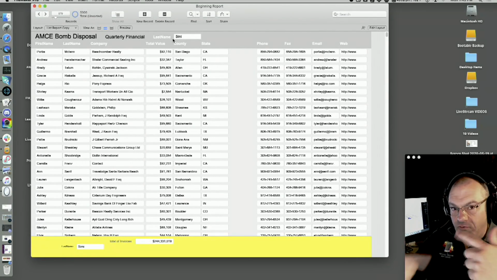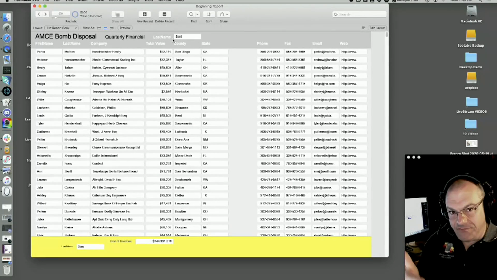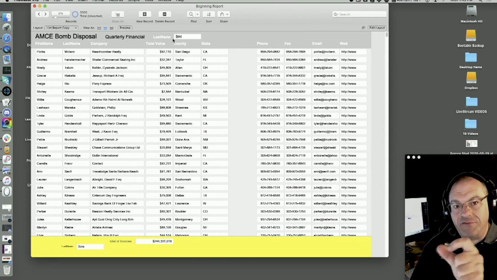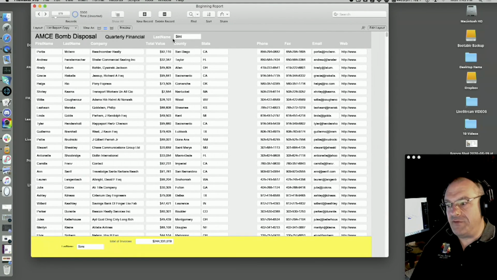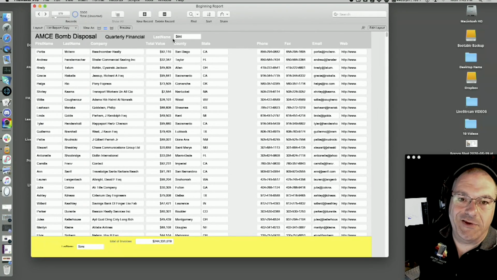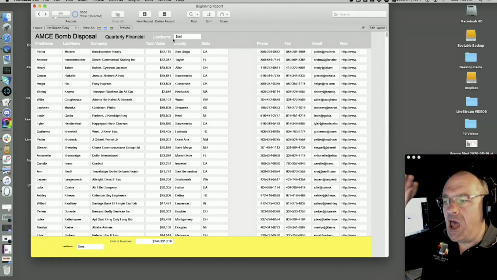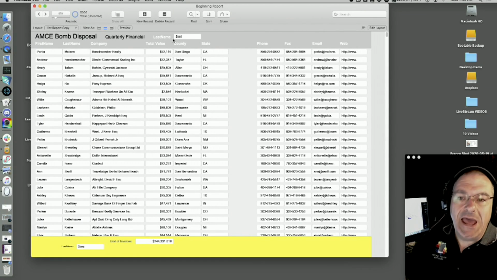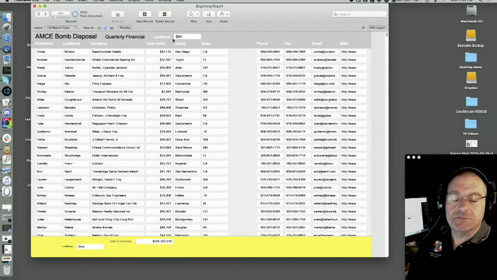And so the script is running. It's going to go to the layout, do the find, do the sort. And then I'm going to load these global fields: set field, set field, set field. Those are at the top because they're globals. It doesn't matter what record you're on or which record you might have touched. It always displays the correct information. It's been that way since FileMaker 2, right?